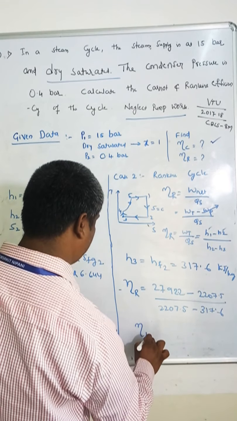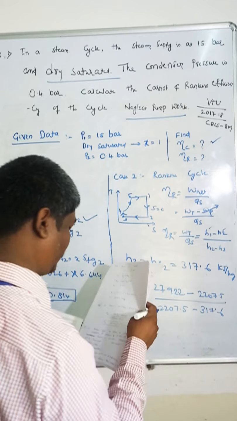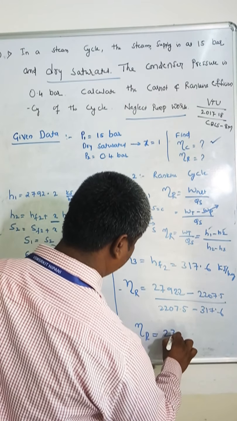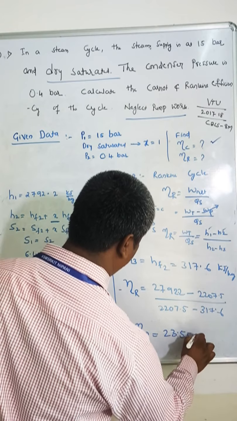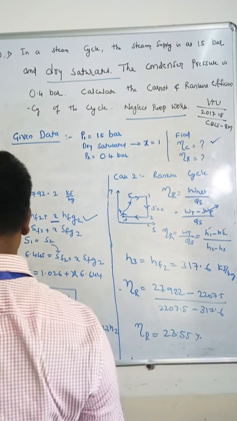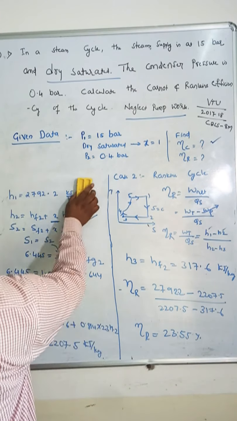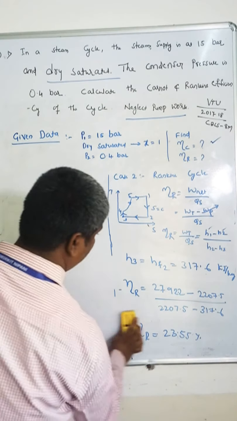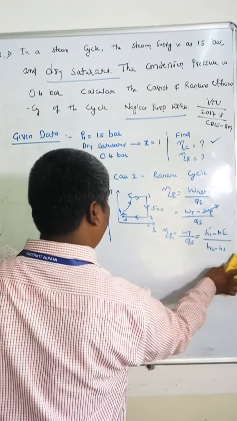So the efficiency of the Rankine cycle, how much did you get? 23.55. So compared to the Carnot cycle, it is a little bit less,